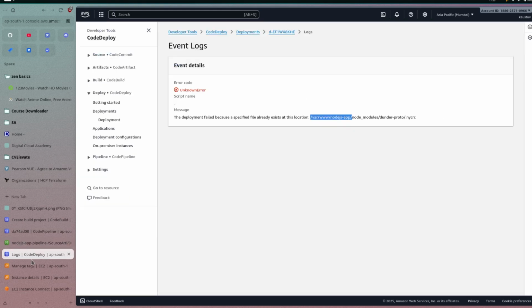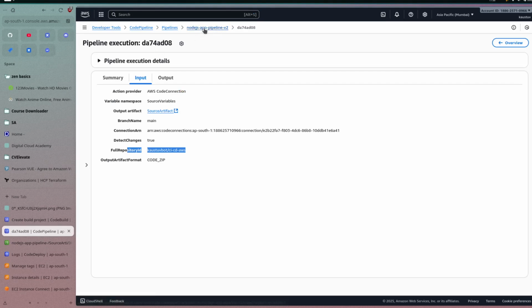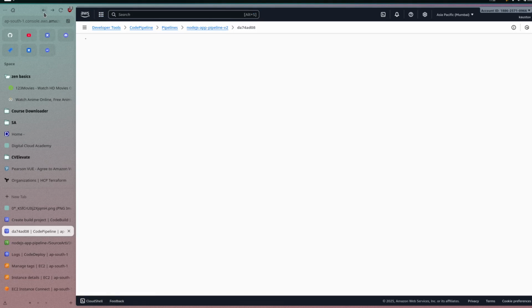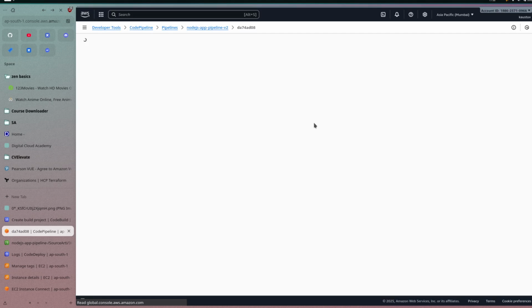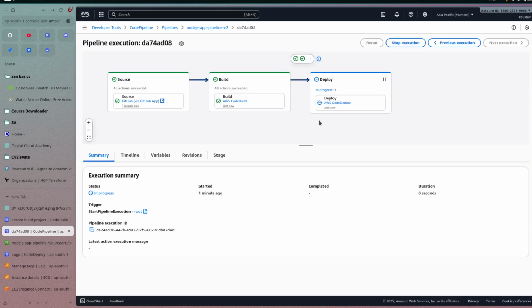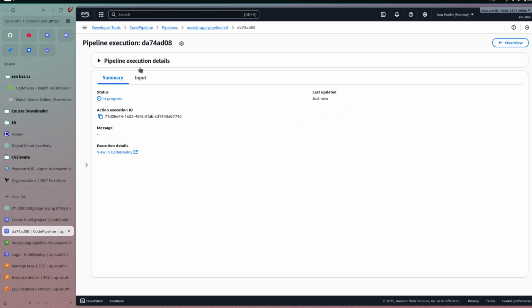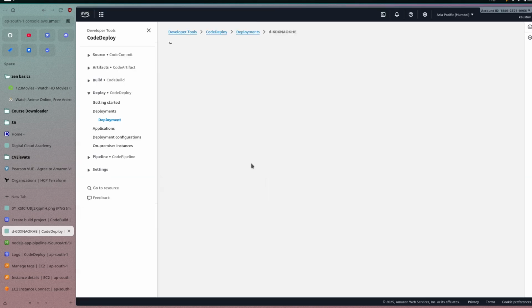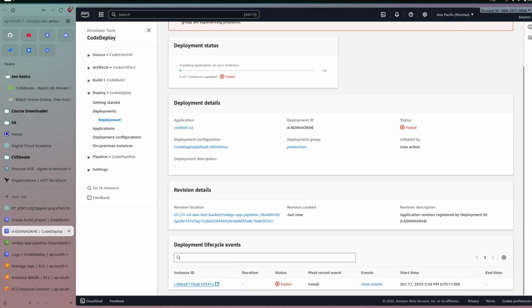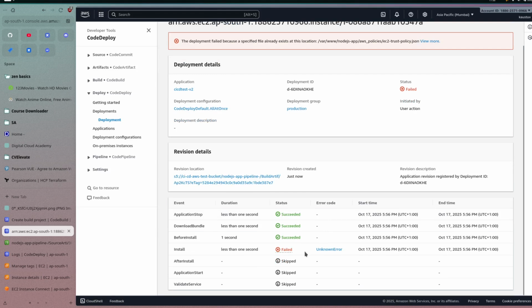And okay, let's go to our logs again and go to our pipeline. Okay, it's working on deployment. Just refresh the page. Let's see if it passes or not. Okay, this one failed again. Let's go and see the issue, if it is the same one or a different one. View the events, install, non error,